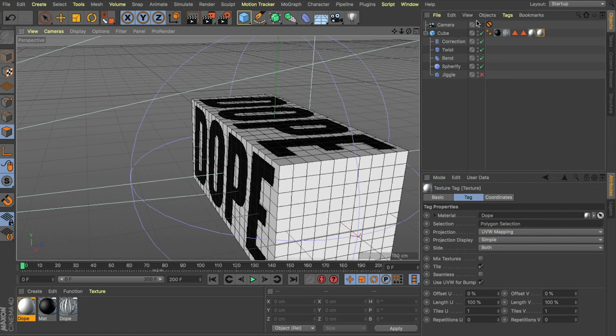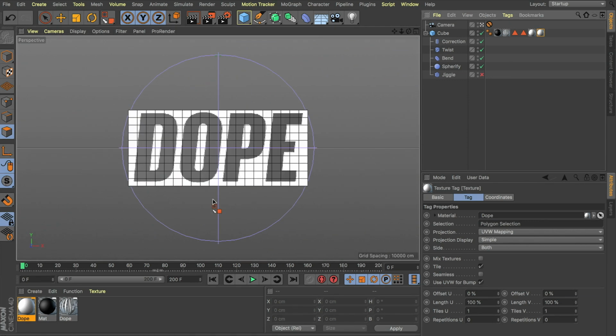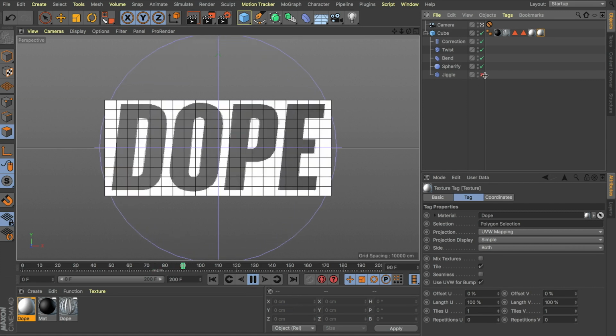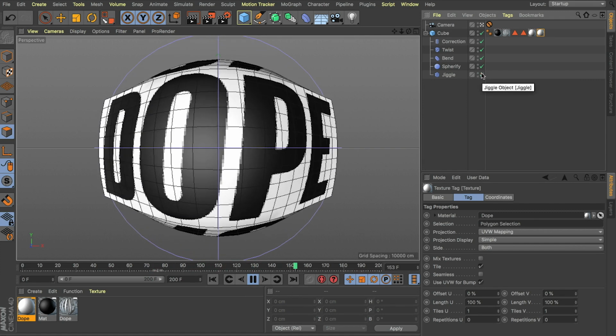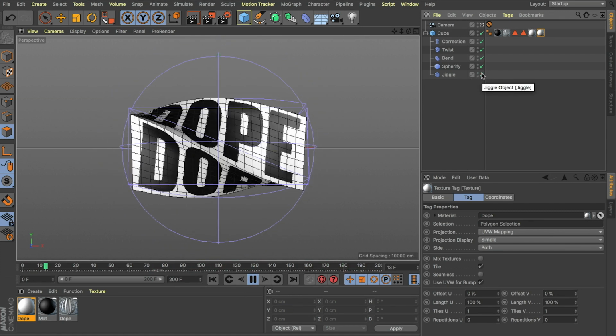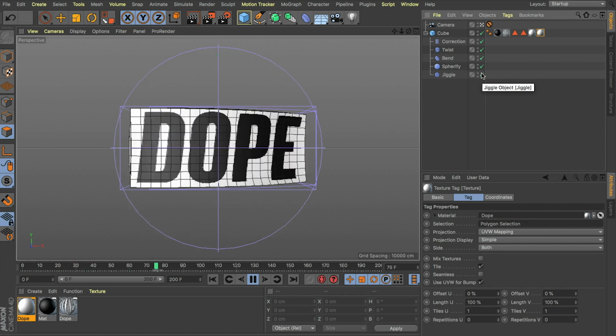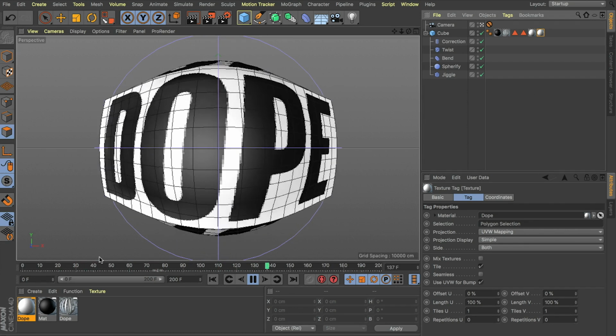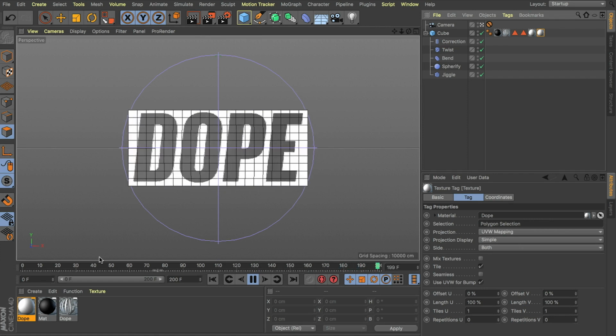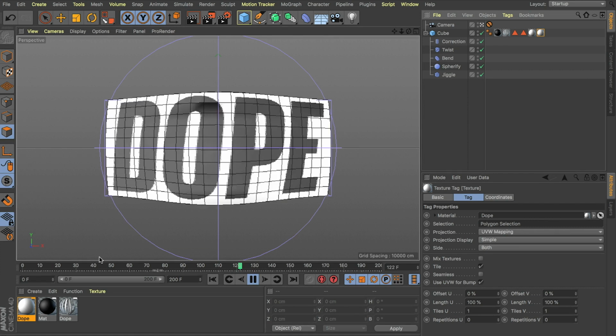Now jump into our locked off camera. Let's hit play again and just have another look. We're going to re-enable our jiggle so we can get all that fluid motion back. And great, now whenever we see some of those side faces, we're not going to get any of that distorted text. All right, nice. I think this is looking pretty fun.